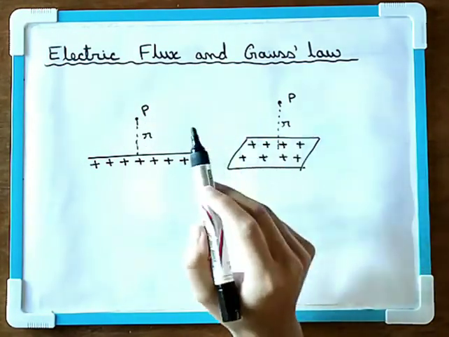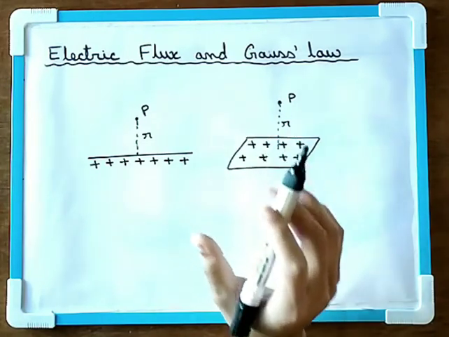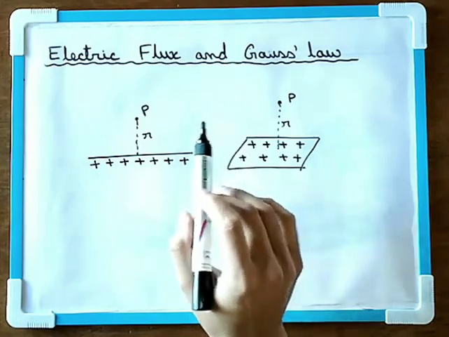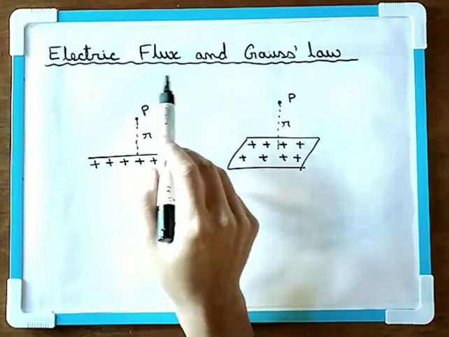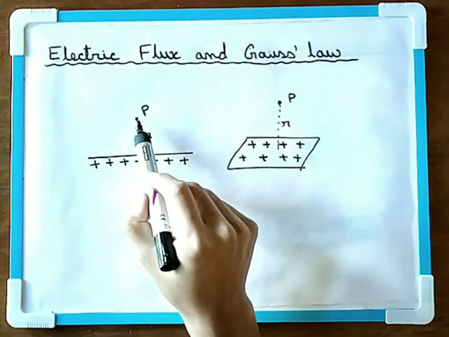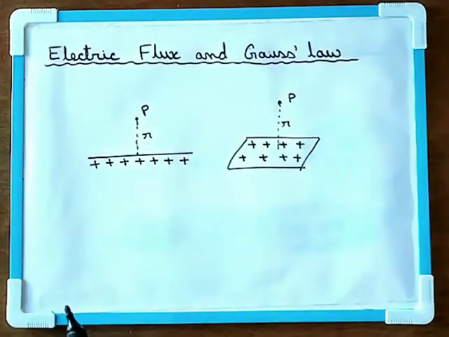So the other method is this superposition principle, and the method which we are going to do in this lecture is by using the concept of electric flux and Gauss law. So you'll have to use both these concepts to find the electric field intensity at this point and at this point. Now first I'll just give you a definition of the linear charge density,